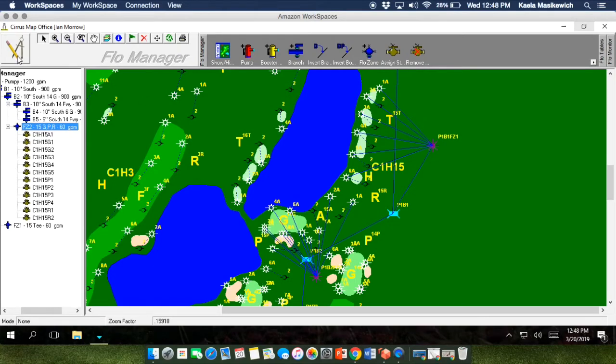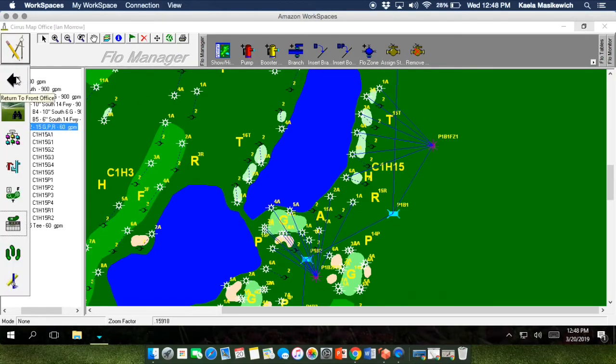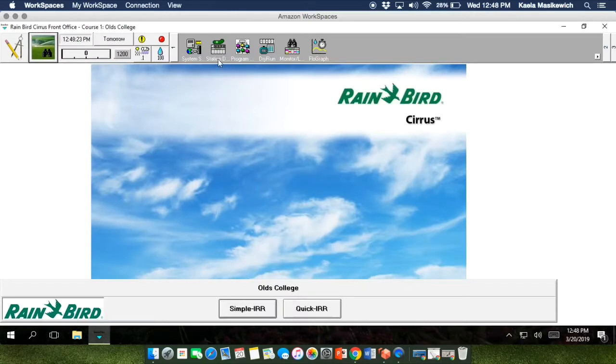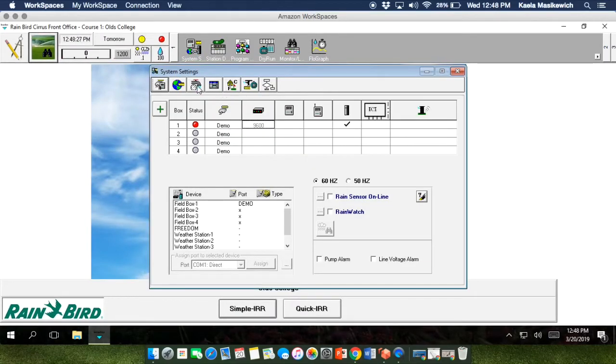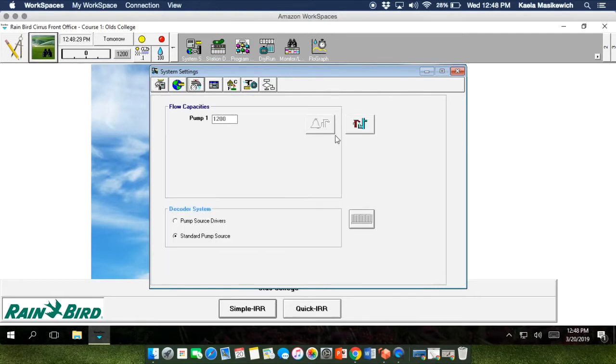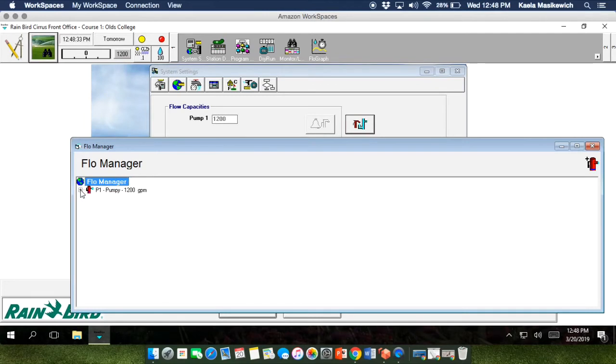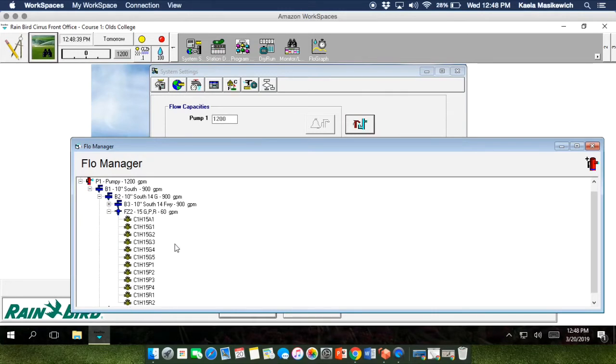Once you've looked at that, you can look at a bigger version of it by going back to the home page, going to System Settings, going to your system capacity, going to your flow manager, and it's the same sort of tree. You can follow your pipes all the way down into your flow zones. It's the assigned stations for 15 green, perimeter and rough. So now you can exit that,